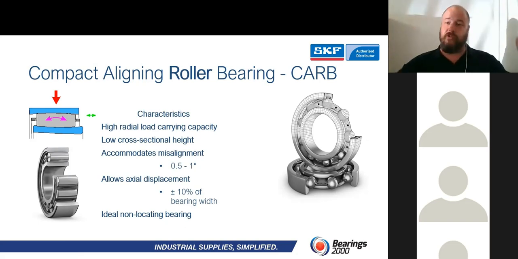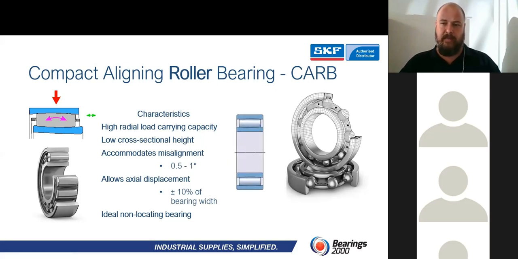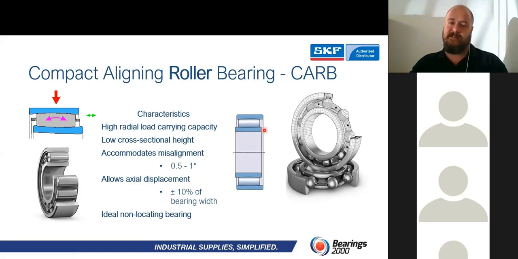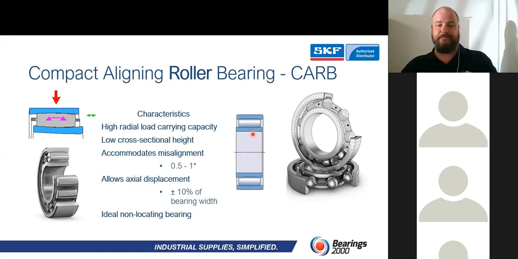I know it's just too much information to take in, but have a look at the website on the CARB bearing. It is brilliant. Look at that. I'll show you a little animation of what this bearing actually does. Look at that sphere over there. And of course the in and out in terms of the actual displacement, right? Up to 10% of the bearing width, meaning if that bearing over there was 45 millimeters in width, I can actually displace this by 4.5 millimeters. Brilliant.